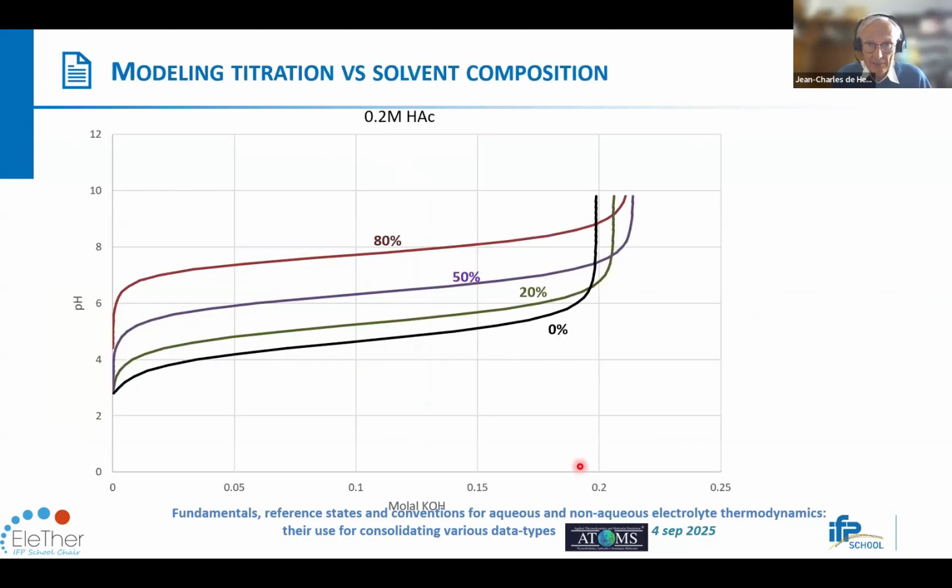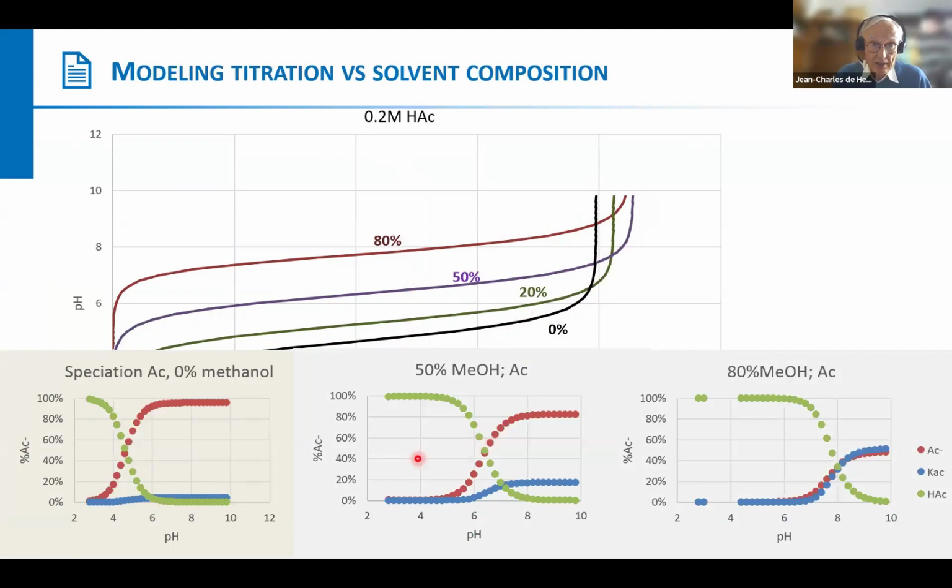And what's happening when you add methanol? Here you recognize again that 0% methanol is the pure water titration curve. But when you add methanol, 20%, 50%, 80%, then the curves change accordingly. And this makes sense. Using our calculation, you're able to describe the actual speciation of the species. I mean, what is the concentration of the species? How is this acetate here in our context